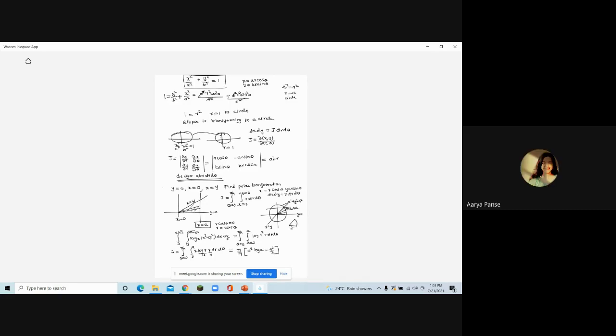So when I want to find the limits of r, I will consider the sector from 0 to the surface of the circle. So r is going from 0 to the surface of the circle. So what's the circle? X square plus y square is equal to a square. That means r square is equal to a square or r is equal to a. So limits of r are 0 to a. Okay. And theta is going from 0 to pi by 4. So you can see that. That's it.